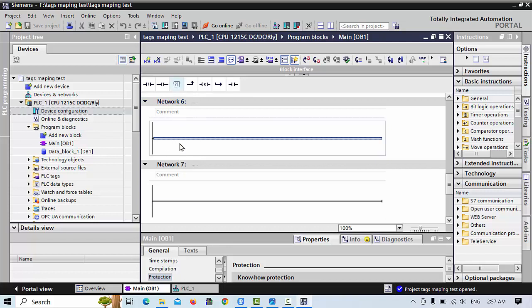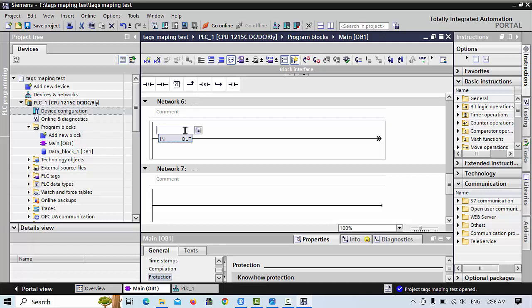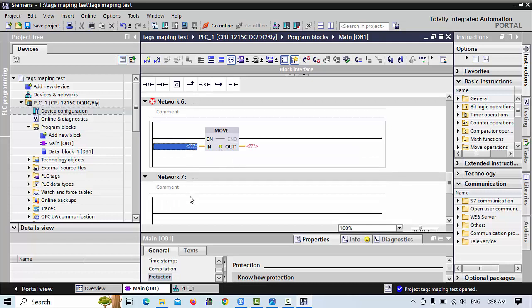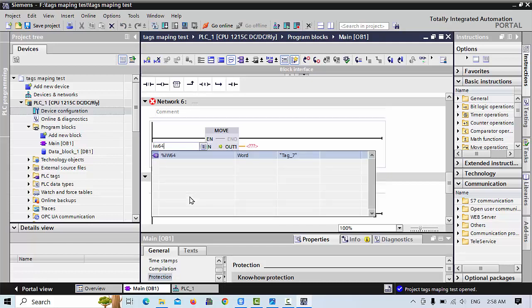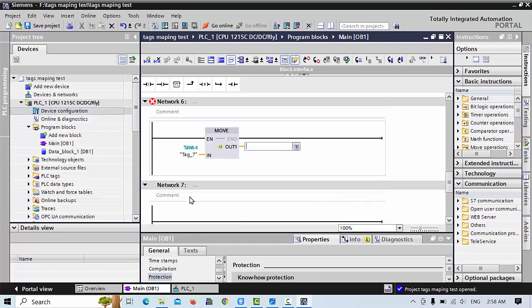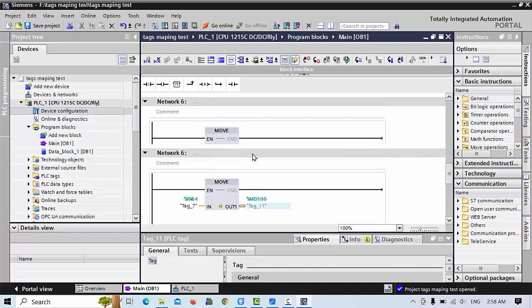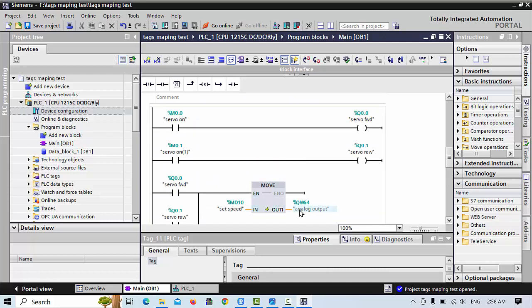and here we will take one move command, and simply write IW64 here, and we will take this data in a data register, MD100. I will use MD100 to see our value in the PLC. Here we already used QW64 in MD10 for servo control, but if we like, we can delete this program,